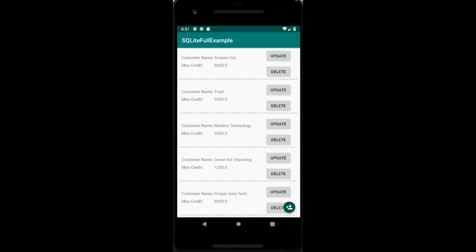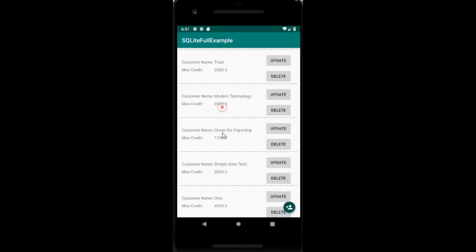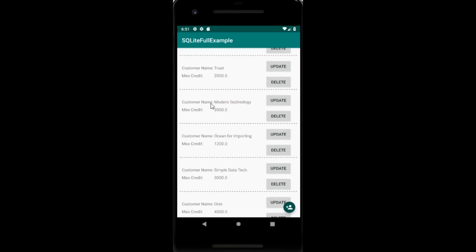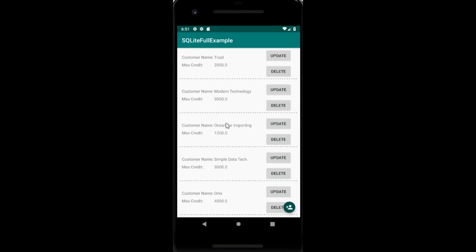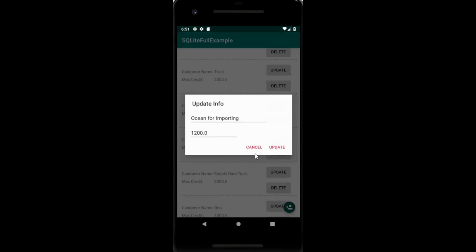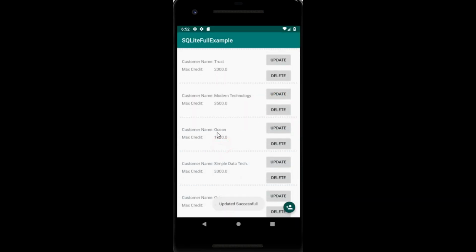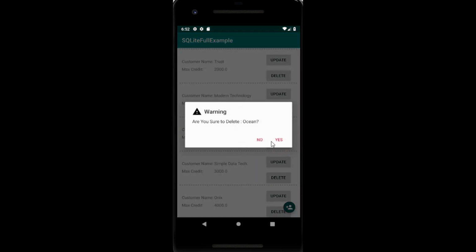Osama Ghazal with you. In this video, we will show you how to work with SQLite database, how to create a DB handler, how to create a database and tables, how can you upgrade the table by adding new fields or columns after many versions, for example, and how can we inflate the fields and the values inside this recycler view. And also, how can we make an update for any value, any record on the database, like this, okay? And how can we delete this record?